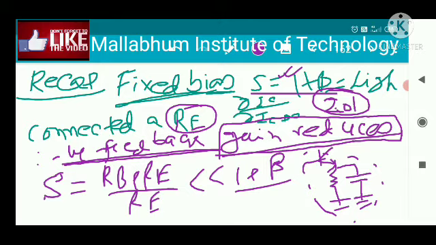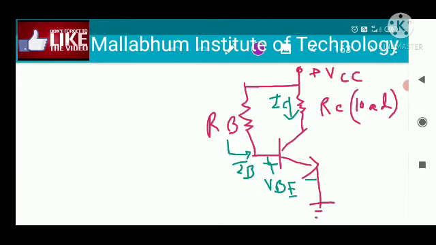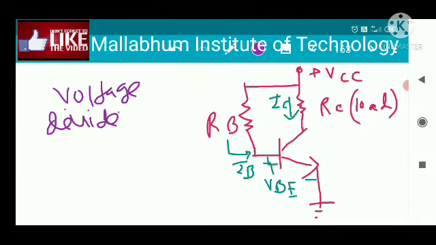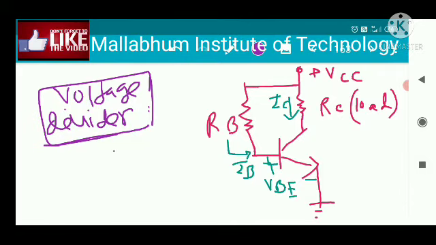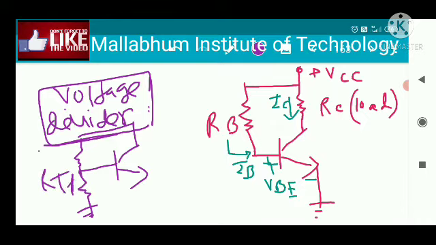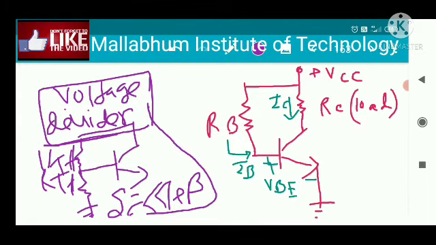This fundamental concept is important, because whenever we move on to the voltage divider bias, the concept is the same, except for one thing, and this type of circuit is employed. So this is your VCC, and across the VCC two resistances are employed here, and we have connected an RTH here, VTH here, and from there we have calculated the value of the sensitivity, and that again comes out to be very much less than 1 plus beta. So those two types of circuit we have analyzed and obtained the value of the sensitivity.